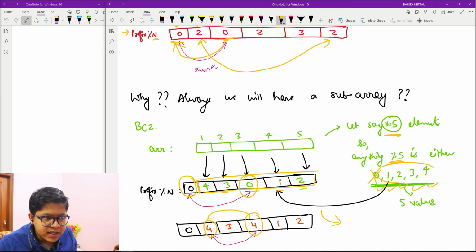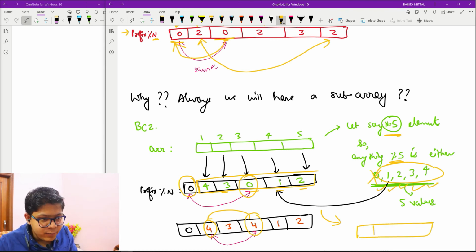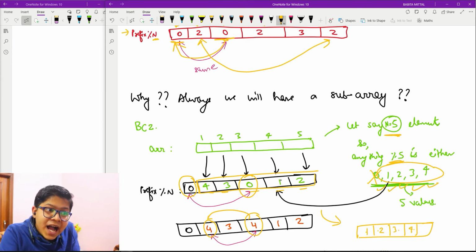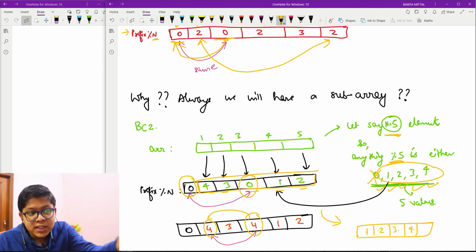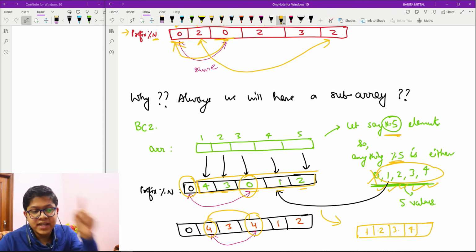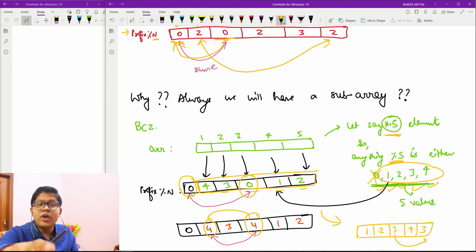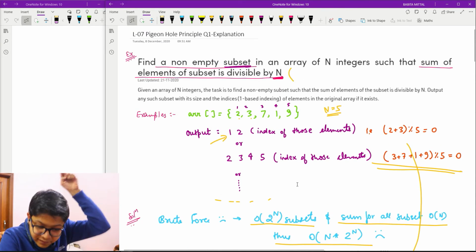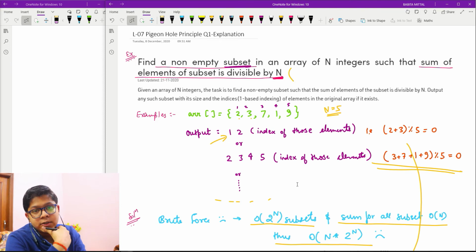If I need to fill these n blocks with these n minus 1 values, so I have these 5 blocks, 1, 2, 3, 4, 5, and I need to place these 4 values in these 5 blocks, I will place 1, 2, 3, 4. Now one block is remaining. I need to place a value from these 4 in the last block. It is for sure that it will be one of these 4 values, and if I place it, suppose it is 3, it is repeating. So I can for sure see that it will repeat, which means that a non-empty subset will exist such that its sum mod n is 0.